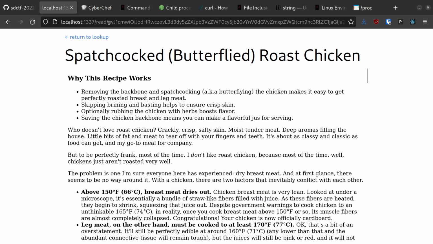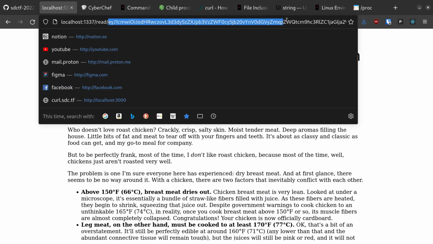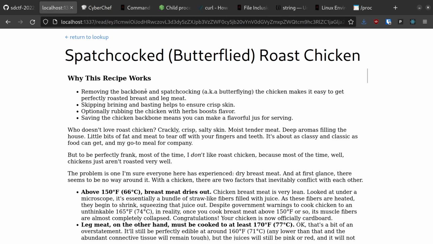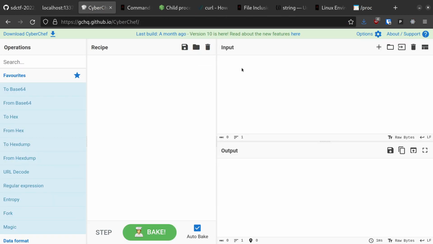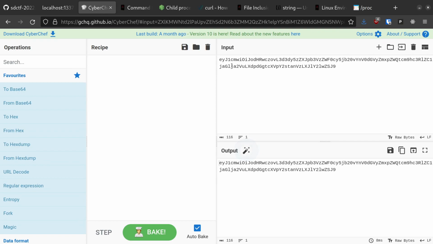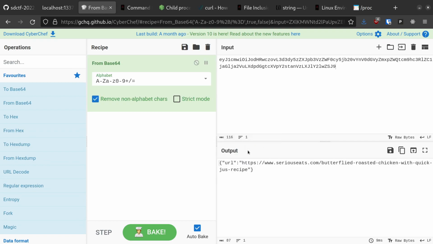Let's take a closer look at the URL we were redirected to. This seemingly random string after the read route looks to my eye to be base64 encoded. I can verify this theory using the favorite CTF companion tool CyberChef. This string seems to be a base64 encoding of a JSON payload that only contains the URL property with the URL we entered. Therefore, we may be able to change this payload to something that benefits us. I think at this point we have enough context to look at the source code of the web app.